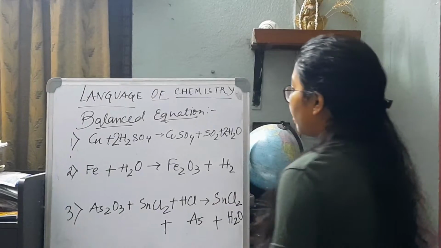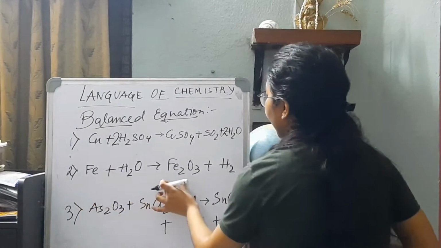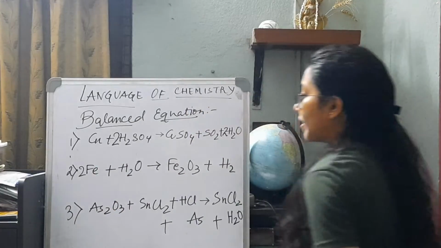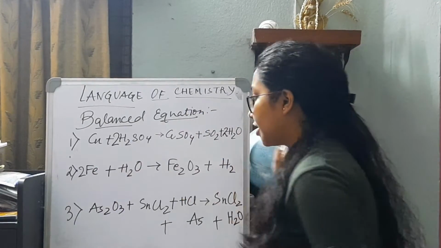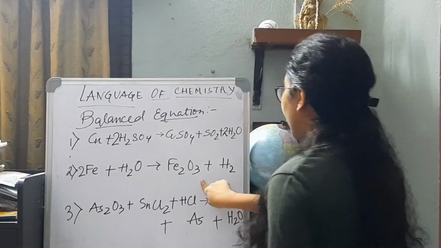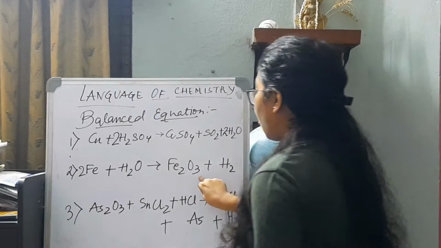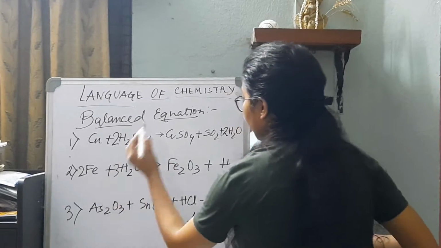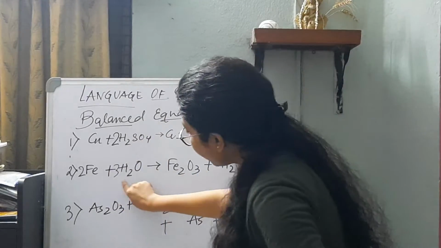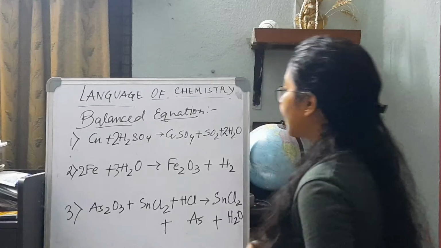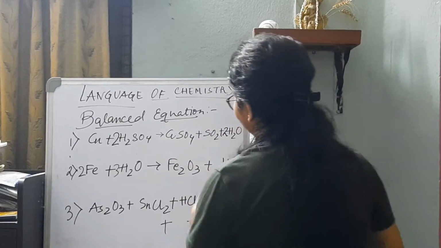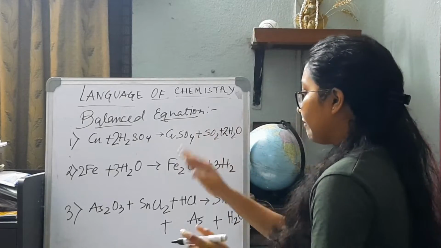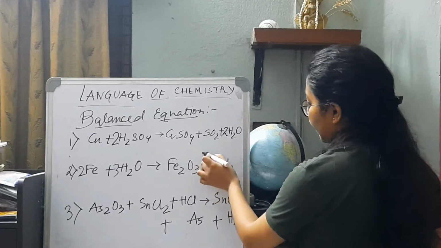Now question number 2. If we see Fe and Fe2, at the first point of difference we need only twice of Fe. So now iron is balanced. Next we have to go for oxygen. We can find that oxygen is 3 on one side and here it is 1, so directly putting 3. As a result of that, hydrogen on this side has become 6, and on this side it is only 2, so very easy, 3. So comparatively we are doing it in a very easy way.